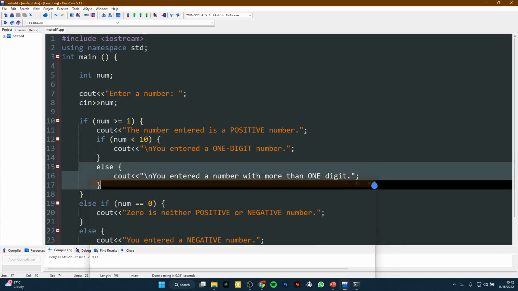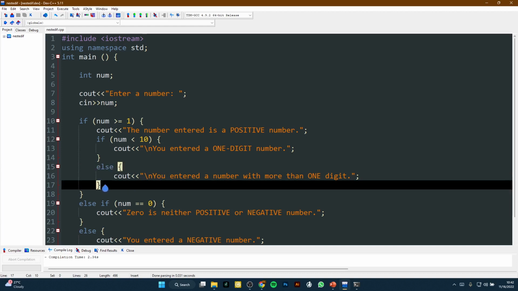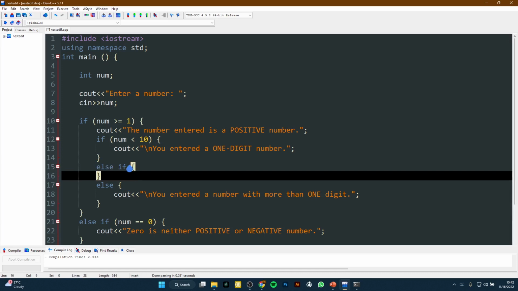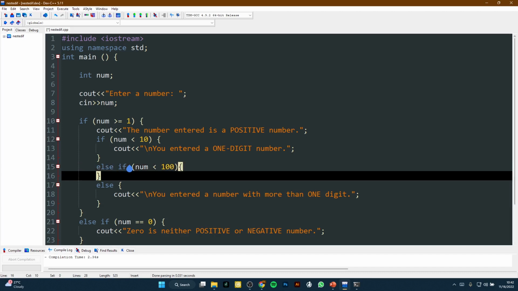Yes, sir. Alright. So what if, okay, let's try else if. Actually, I forgot if it's working, but let's see. Let's try. If it's 2 digits, then it will say you entered a 2-digit number and so on. We'll try that, okay? And let's see if it works. We'll add another else if here. And let's create a condition that says if the number entered is less than 100, that means from 11 to 99, it will say